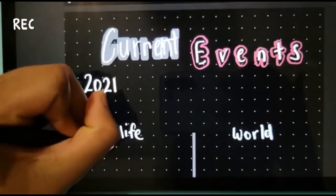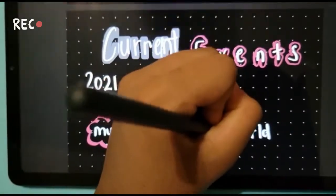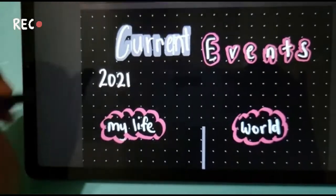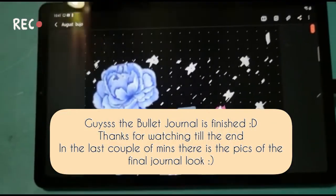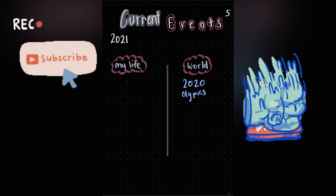We're almost done. I'm just going to make it a little bit prettier by going over it with a light pink marker, and yeah, we're done. Now I'm just scrolling up, and this is how our page looks like. The next couple of pages